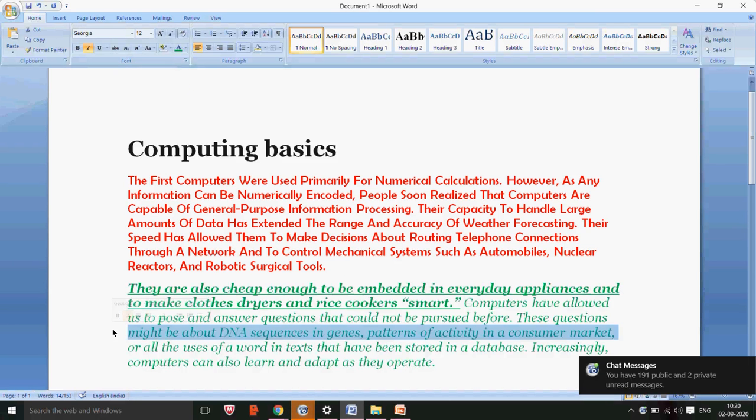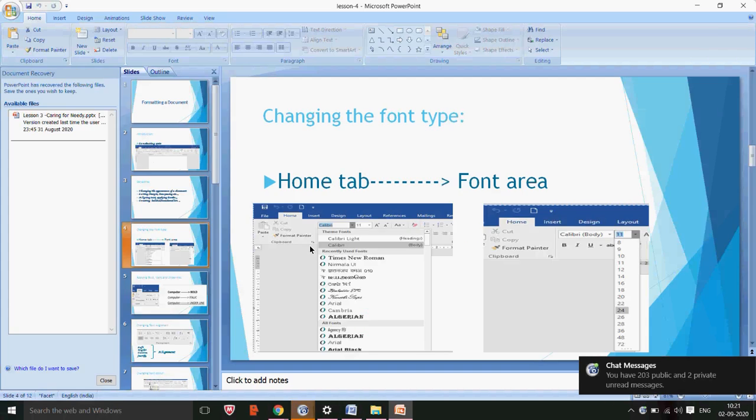The reason why we underline the text is, for example, for any important points or for a heading, you can use this underline option. So you have the bold option, you have the italic option. Italic option means to change the font style. You also have U, which is used for underlining your text. So in today's class, what all we saw is how to change the font style using bold, italic and